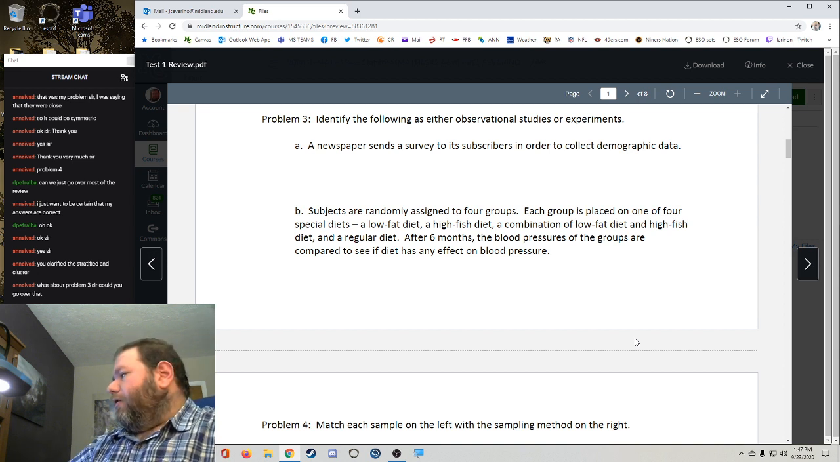Okay. When you look at part B there, subjects are randomly assigned to 4 groups. Each group is placed on one of 4 special diets: a low-fat diet, high-fish diet, a combination of those two, and then a regular diet. After 6 months, the blood pressures of the groups are compared to see if diet has any effect on blood pressure. And so, in this case, by assigning a different diet to individuals in those different groups, the researchers are applying a treatment. And then they try to measure the success of that treatment by comparing the blood pressures at the end of the